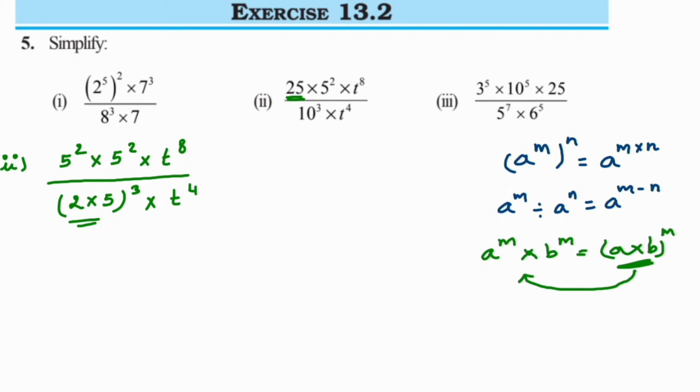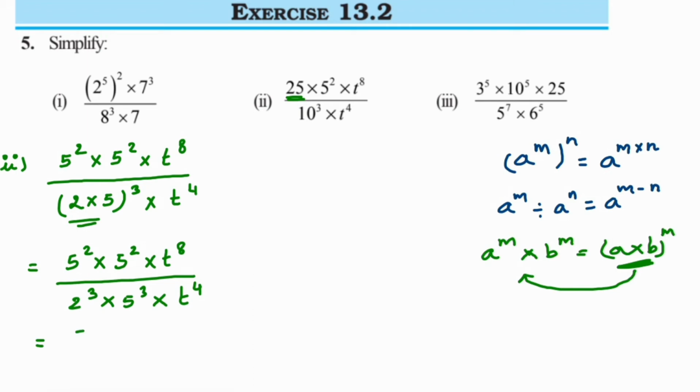In that case we'll get 5 square into t to the power 8 upon 2 cube multiplied by 5 cube into t to the power 8. Now from here we can write down again, since the numbers have the same base and powers will get added up, so 5 to the power 2 plus 2